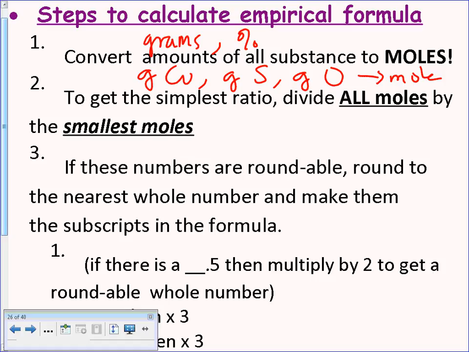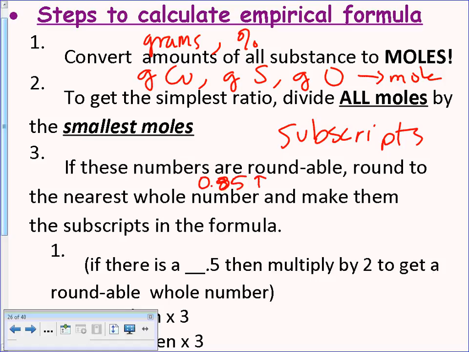Once you get to moles, you choose which of the 3, for that example, is the smallest number of moles, and you divide. Just like we did with the 6 to 12 to 6, what did we divide by? 6. So you're choosing the smallest one, and you're getting a ratio. And that ratio is then just subscripts. That's it, okay? Once you divide, you'll get subscripts. Now those subscripts are usually close to a full integer, so you round it to 1 or whatever it is. But the only time they're roundable,